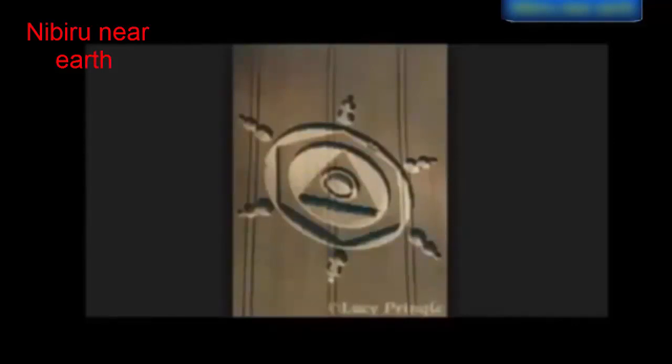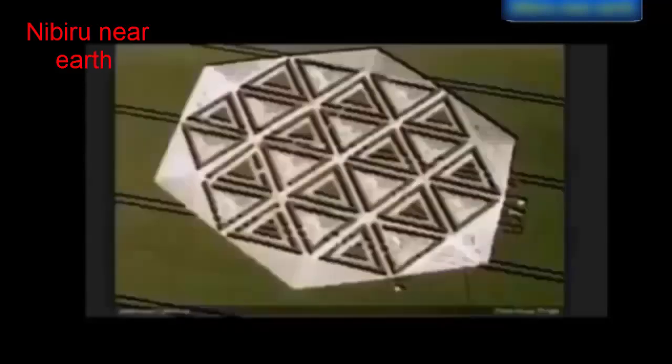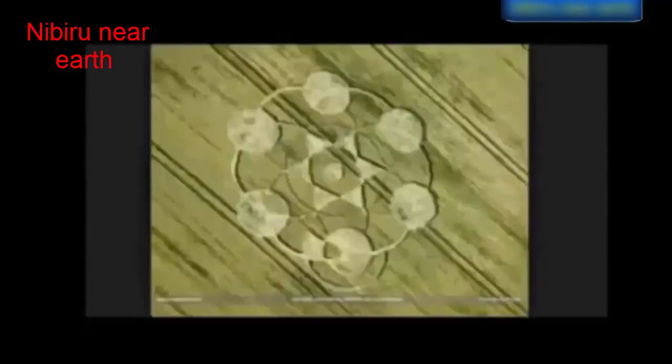I dare say some people will think that's an Illuminati one. But just putting it out there, I don't know what that's got to do with these. Maybe she thought it'd be a good idea to have a crop circle on her back, I don't know. But there is plenty of evidence to support a very likelihood